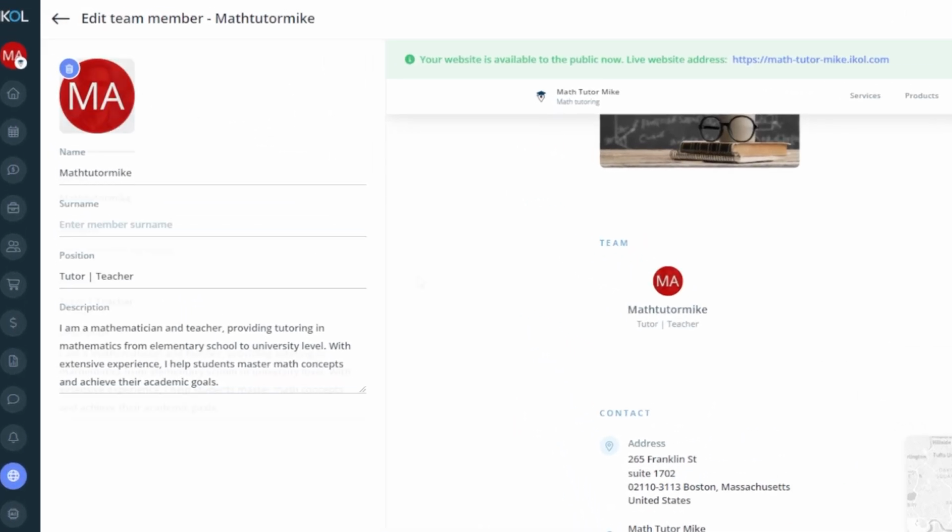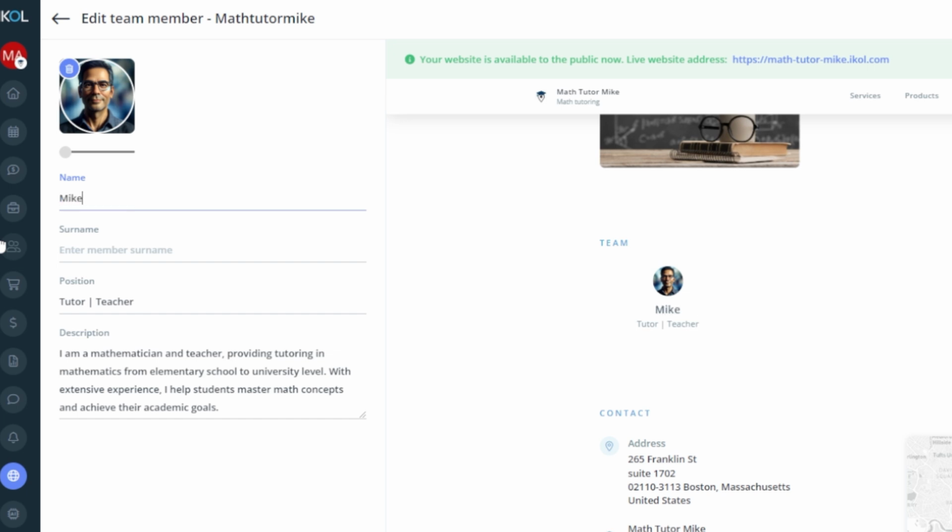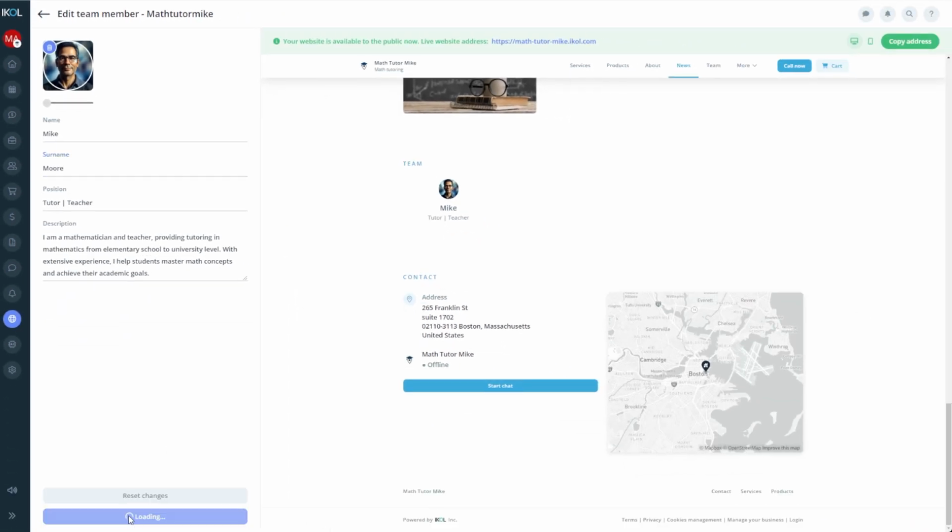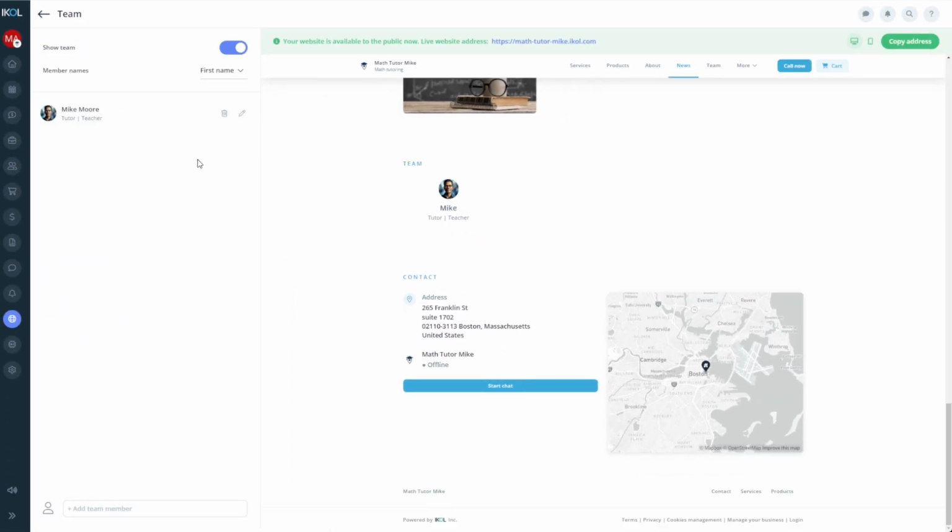Upload a photo. Then set the name and surname. You can edit the team member's position and introduction note. Save the changes. If you want to add more team members and the list is empty, first go to the